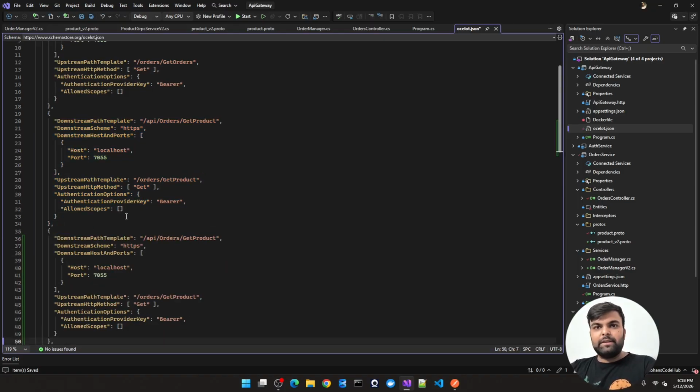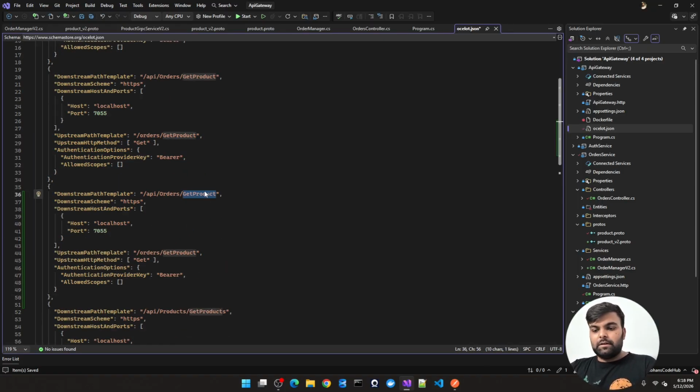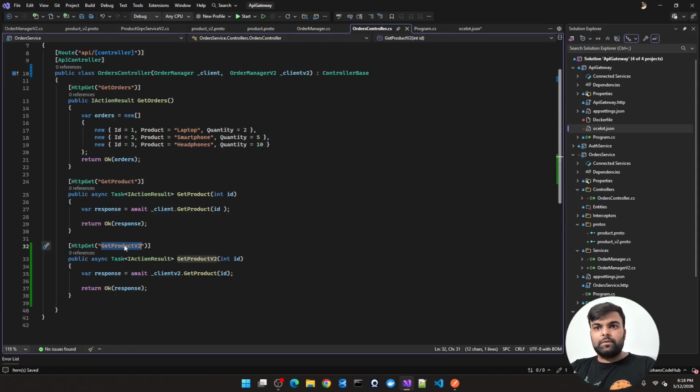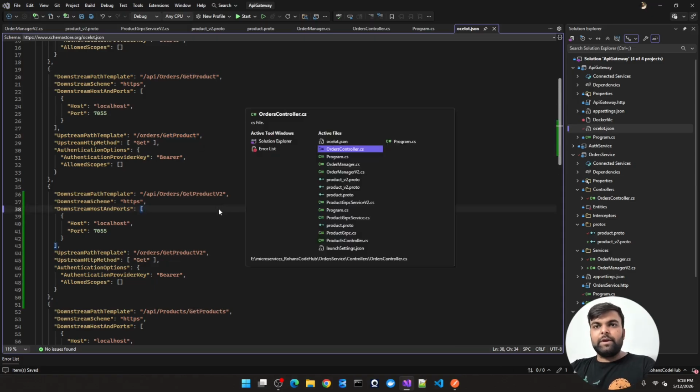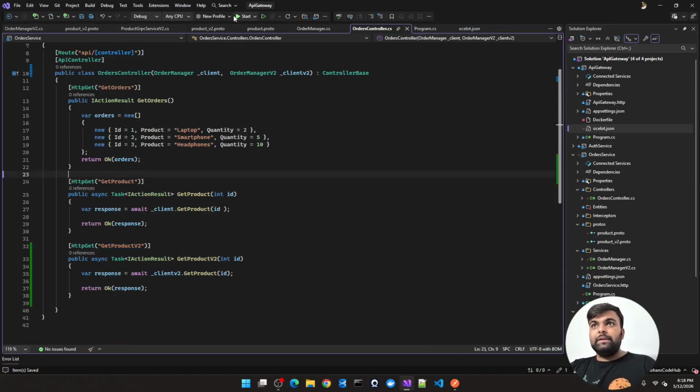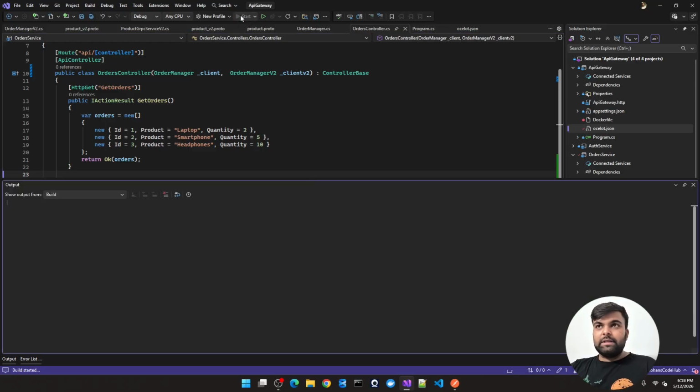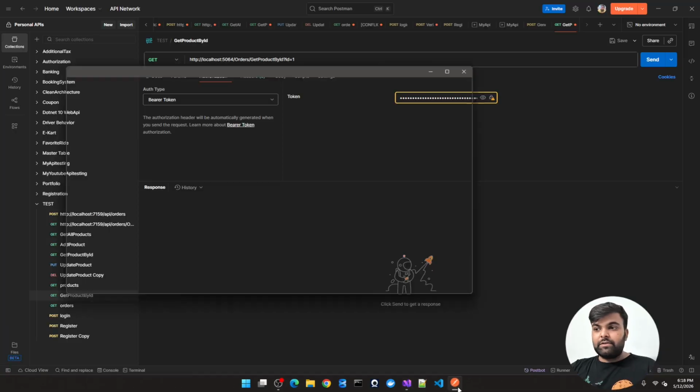Let's paste the function name, this is product v2. Seems like everything is working fine. So I will run this application so that we can test whether our versioning is working or not.